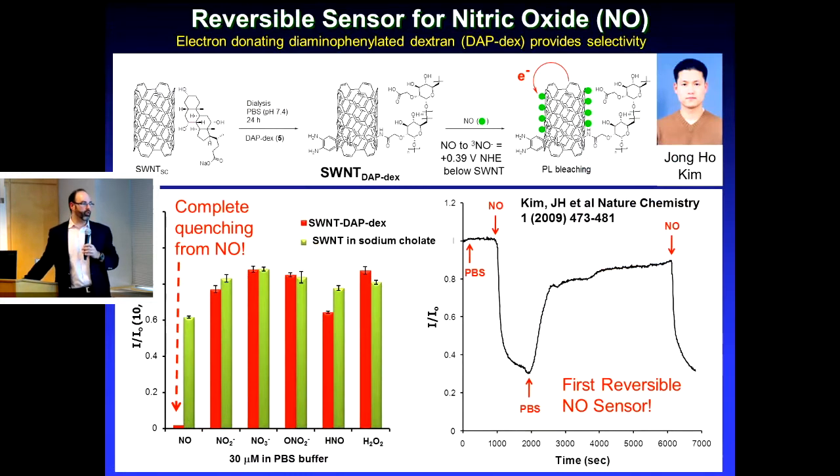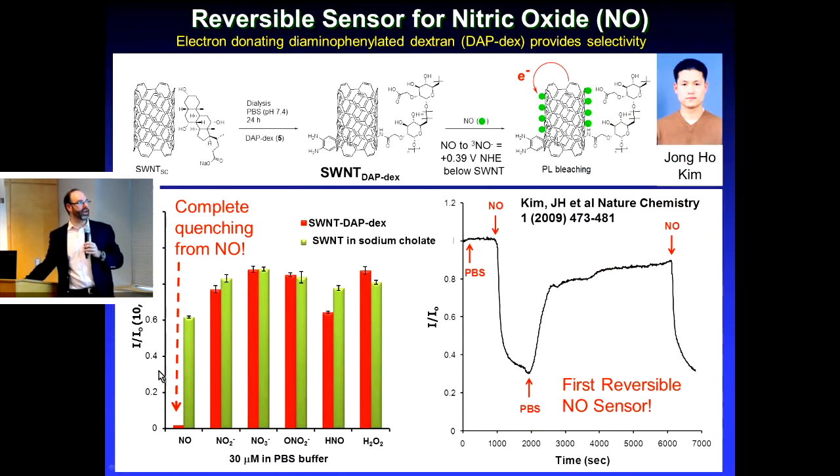We have very poor ways of measuring nitric oxide in the body. And so early on, about a year later, we came up with the first optical sensor for nitric oxide. It's the first reversible optical sensor for nitric oxide. There are dyes that existed, but they bound daughter products. And you can see here, this was the first example of CoPhMoRe. You can probably tell what we were trying to do with this diamino functionalized dextran. It has these diamino groups. We were trying to